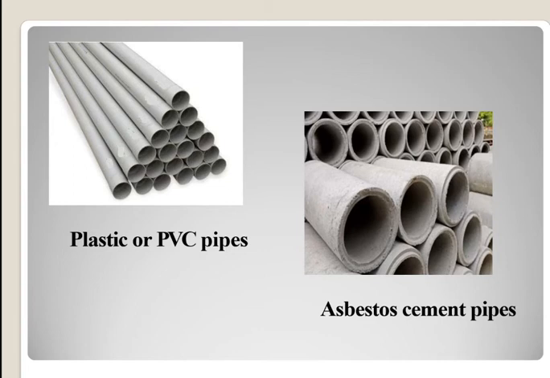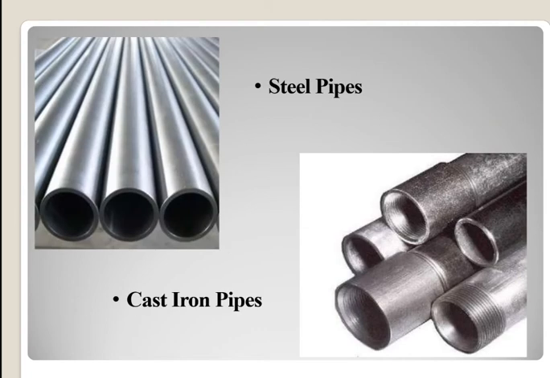and the length of the pipe available will be lesser. Whenever we require more lengths, when the length of the pipe is lesser, we need more joints. So as the joints increase, there are chances of leakage. And also these pipes are brittle, so they can break or crack easily. Now that is the cast iron pipes.